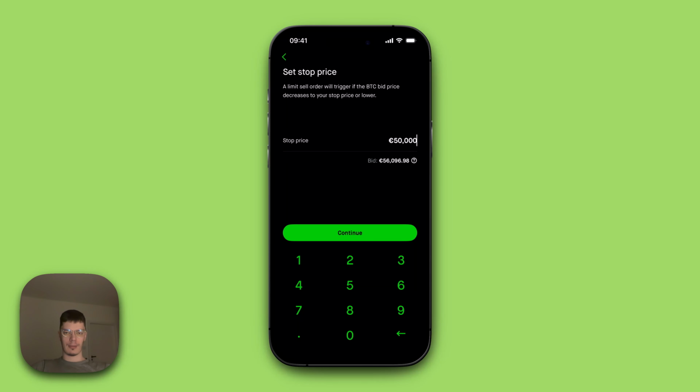Click on continue. So this is the stop price. And now set the limit price. So it should be below that stop loss. For me, 49,500. So if it falls under my stop loss price, which is $50,000 or euros, the limit price is 500